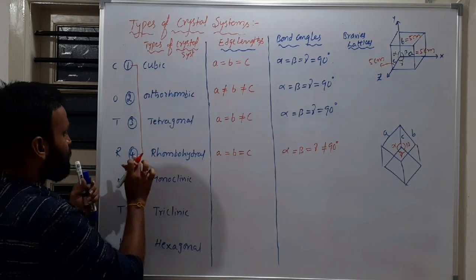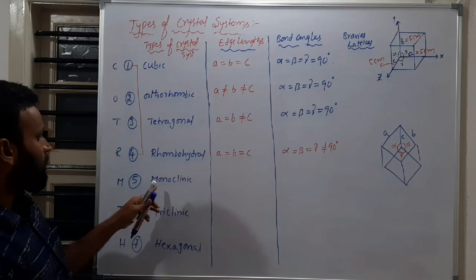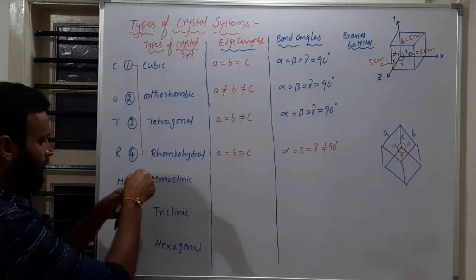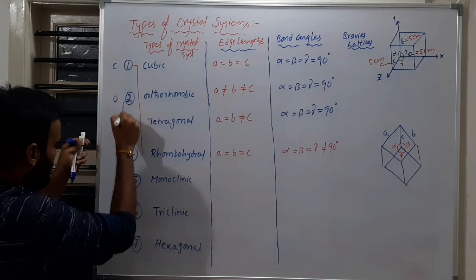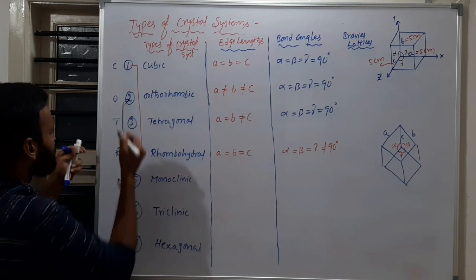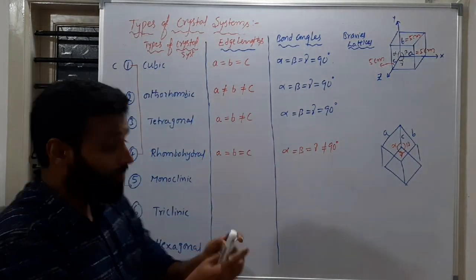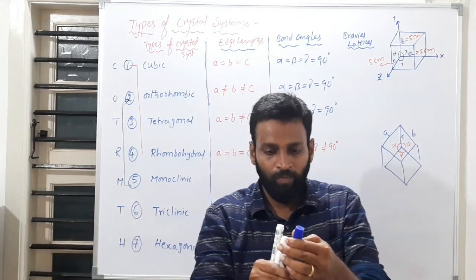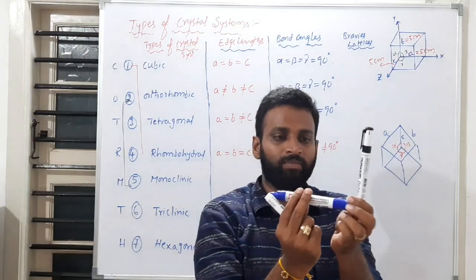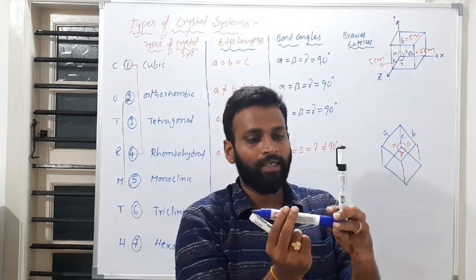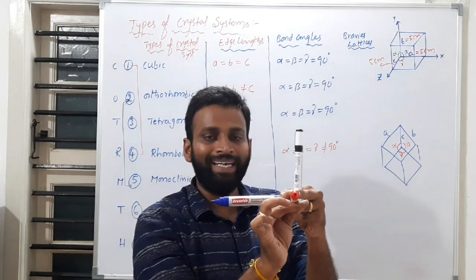So this 1 and 4 are the same. Now you just imagine this orthorhombic so that you can understand monoclinic, because this 1 and 4 are the same, and at the same time this 2 and 5 are the same. How to imagine that? Rhombohedral I told you previously. So this is B and this is A, correct? Like this, and this is C. So three different lengths I told.